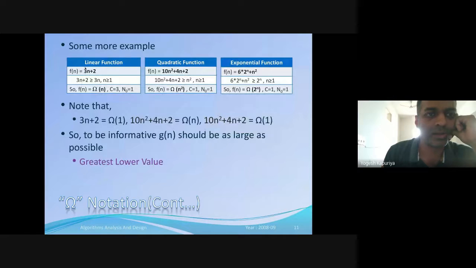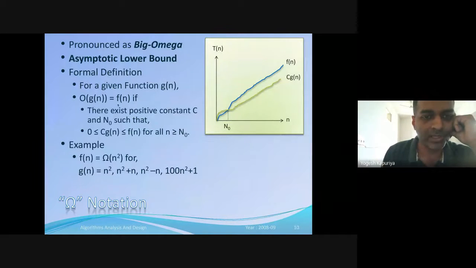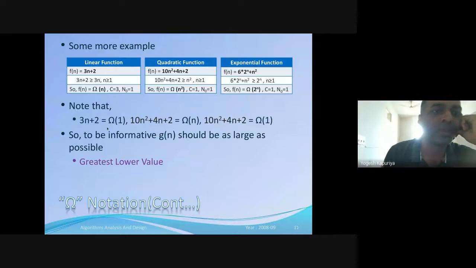See this. You have been given some kind of a linear function, 3n plus 2. Objective is you have been given this Fn, and you want to find out Fn is greater than or equal to Cgn. Remember? So 3n plus 2 is given. You want to find out greater than or equal to some function over here. So obviously, like the previous case, we would like to ignore the lower order term. Here we are interested in ignoring it. And